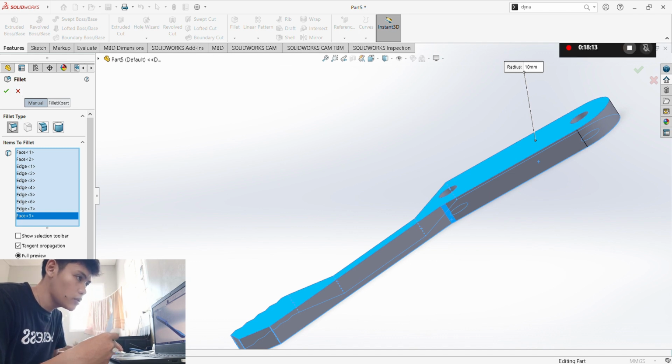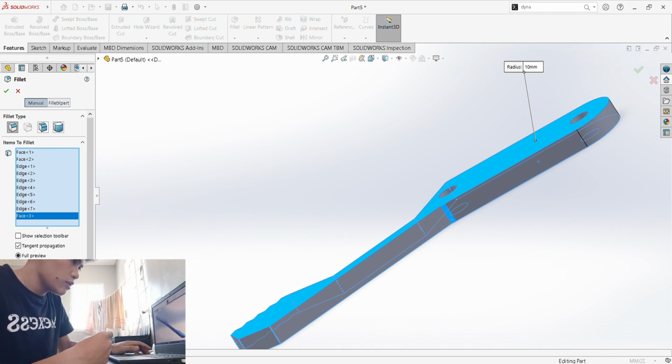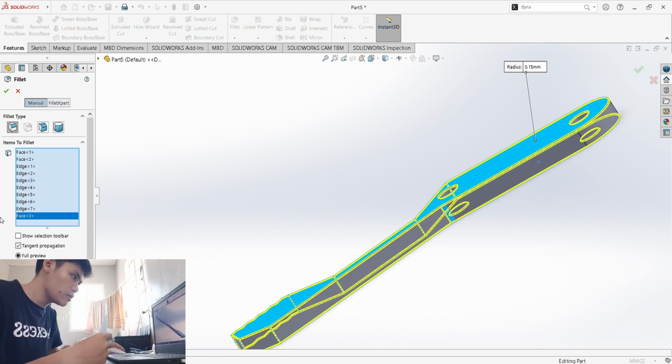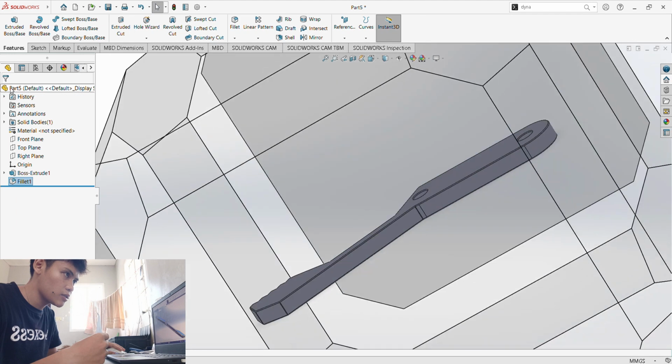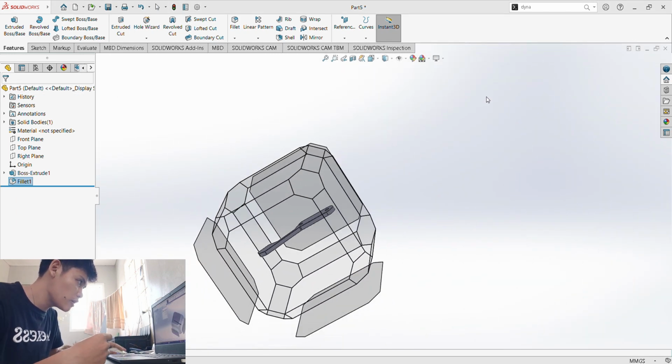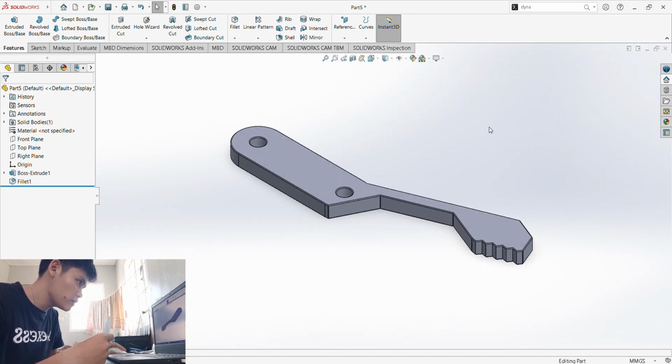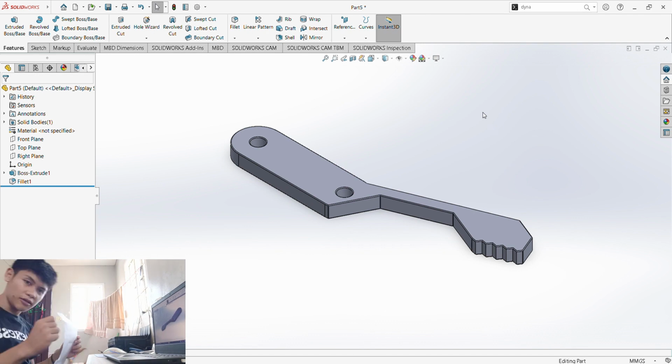Then we go with 0.15, then enter. We press check, space bar, isometric view, and that's the tip of our end effector.